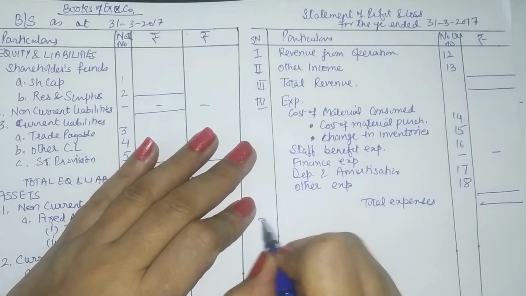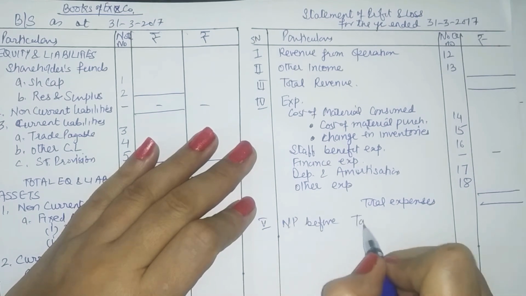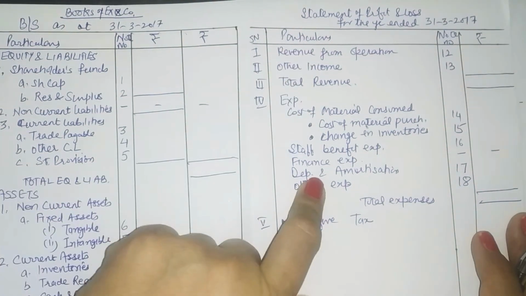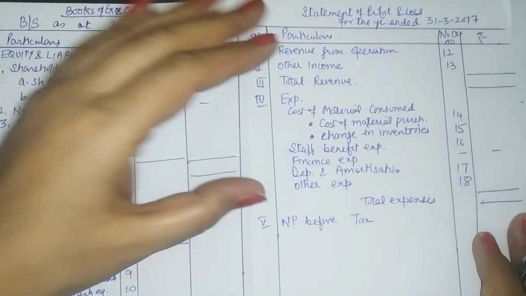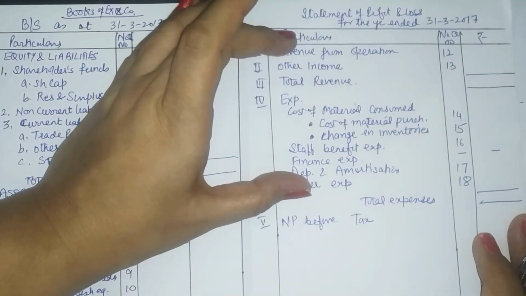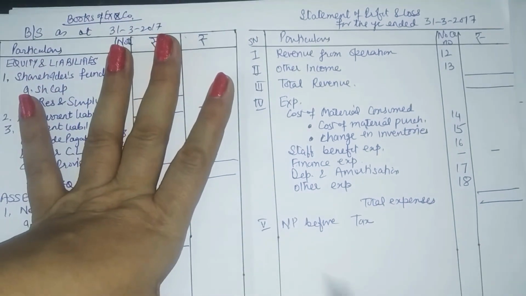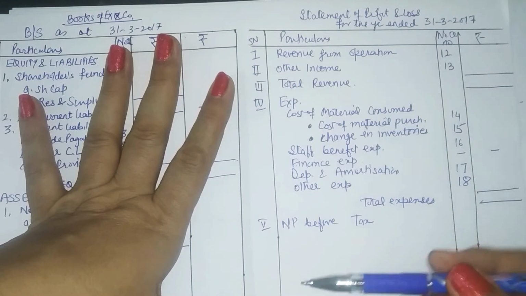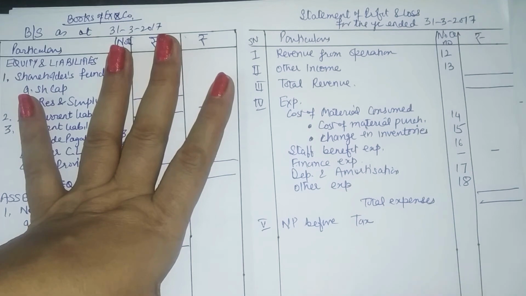So next component is net profit before tax. Now, whenever you have any extraordinary or exceptional transaction, then these are not recorded here, whether it is an exceptional income or expense. So we are not recording these in this category. So if any exceptional or extraordinary transaction is given, we will say this is a profit before exceptional and extraordinary transaction. Then we will adjust that, and after that we will be writing net profit before tax.